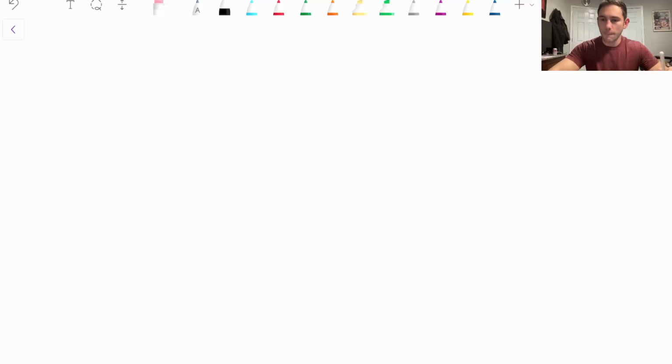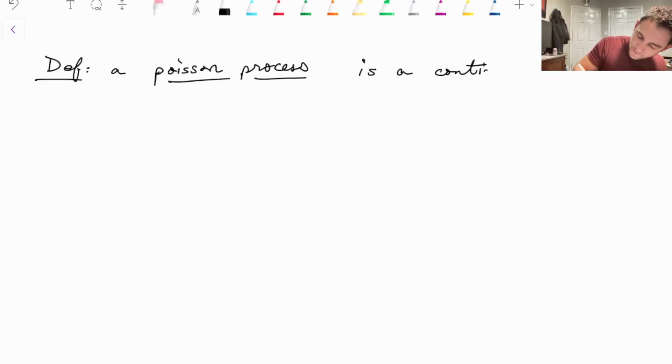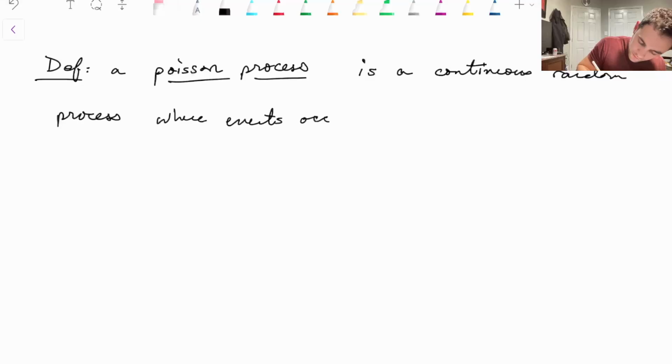So I want to slap you with a definition now. And this is one of the most powerful ideas in mathematical biology. It's one of the core tenets of using differential equations to model biological phenomena, and it's called a Poisson process. So definition, a Poisson process is a continuous random process where events occur randomly